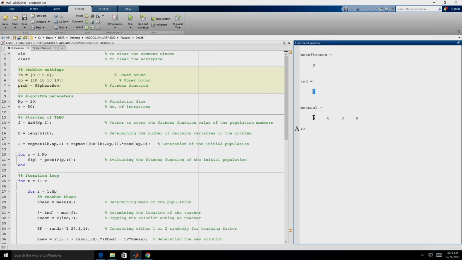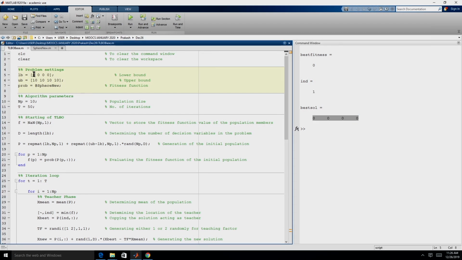it is located again at the first index, and the solution corresponding to it is 0 0 0 0. If you see, the search space is small, as in between 0 to 10. So, let me just make this minus 100, minus 100, minus 100. Obviously, I could have used minus 100 into ones of 1 comma 4, right, but let me just use this,